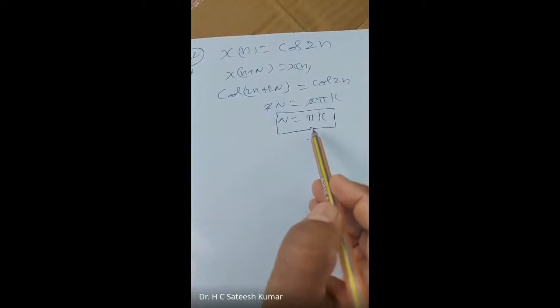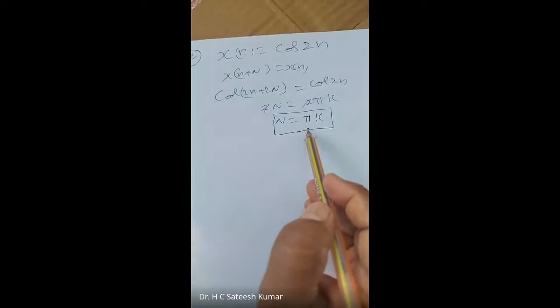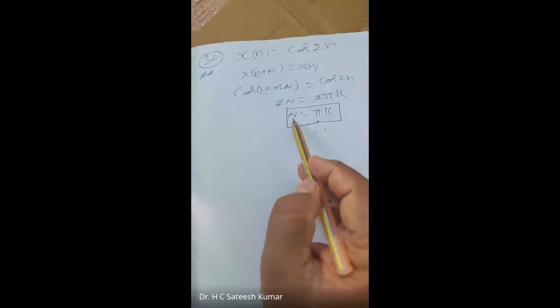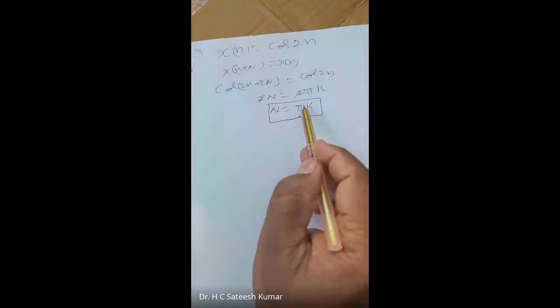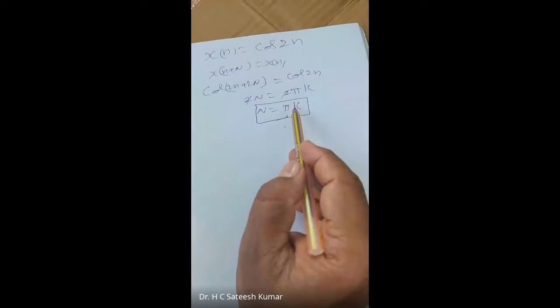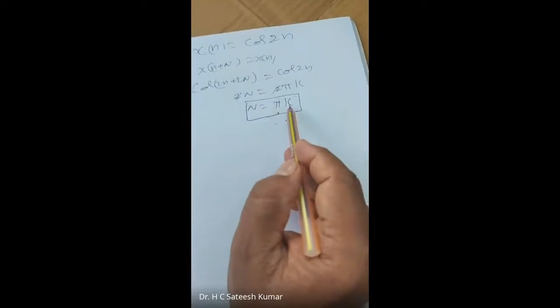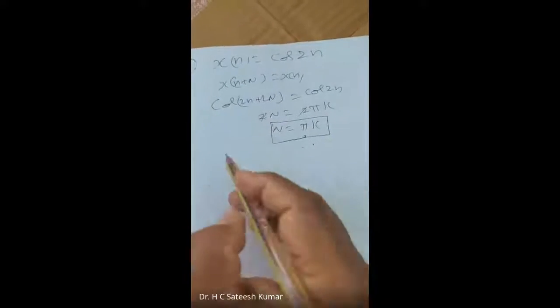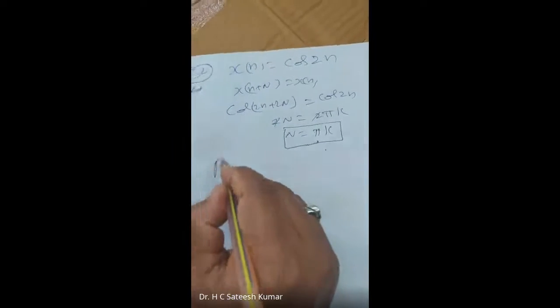You check any integer value. k should be an integer. Please remember that. k should be an integer such that n should be an integer. So we should select the value of k as an integer such that n is an integer. And for the least integer value of k, you will get the fundamental period. So in this case, for any integer value,